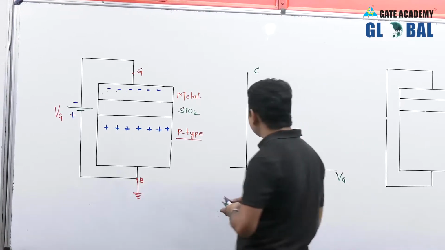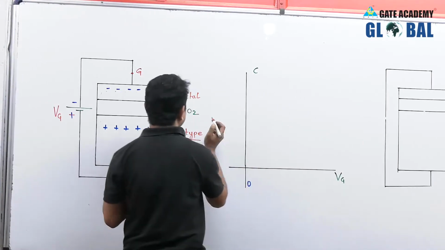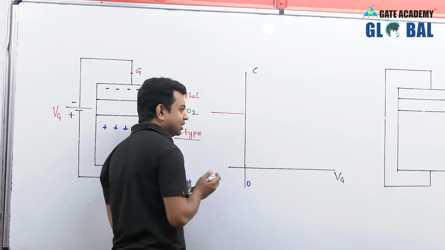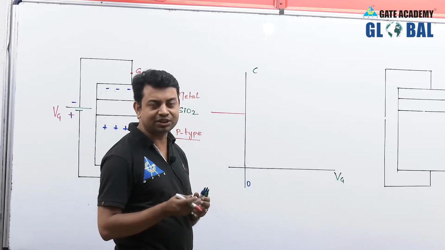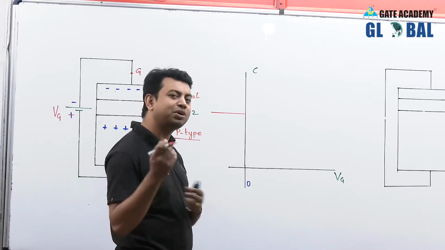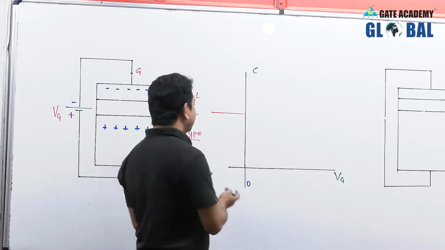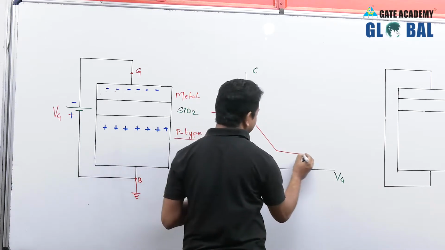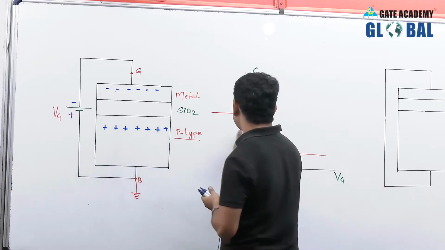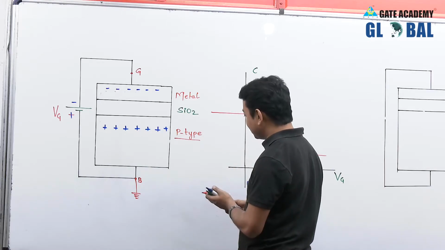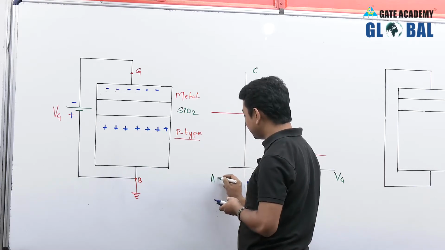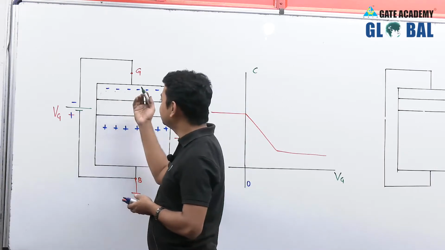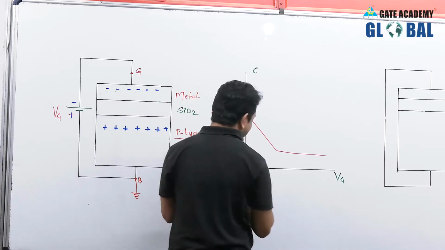So what we are having is a capacitance, because we are creating a capacitance. No doubt, the capacitance is nothing but the change in the charges due to the change in voltage, which we have analyzed so far. But here we are only seeing what the characteristic will be. The characteristic will be like this. That means on the negative side we are having the accumulation.